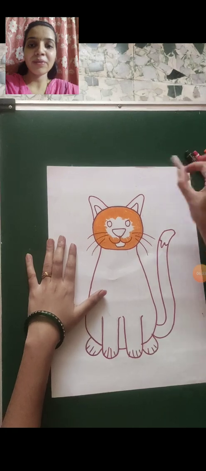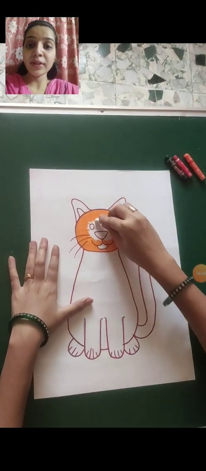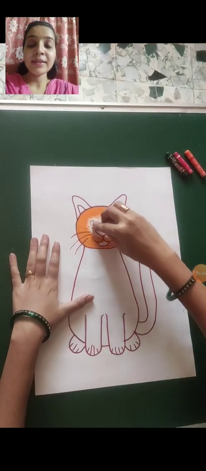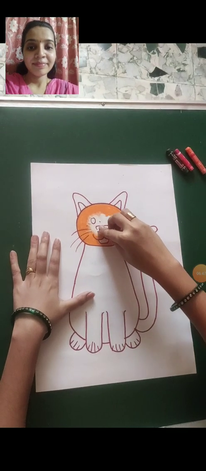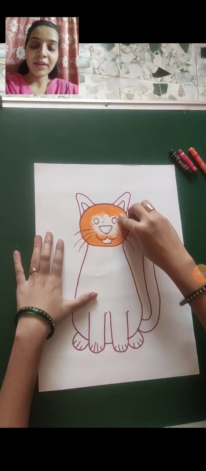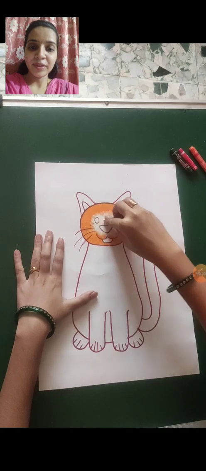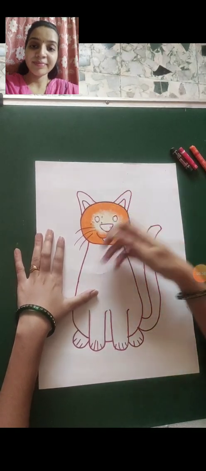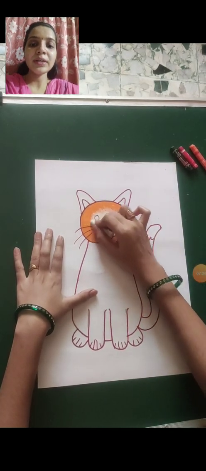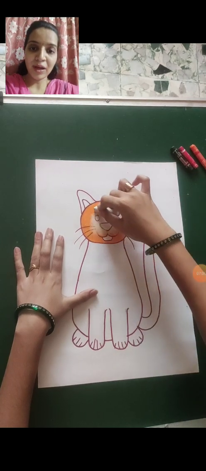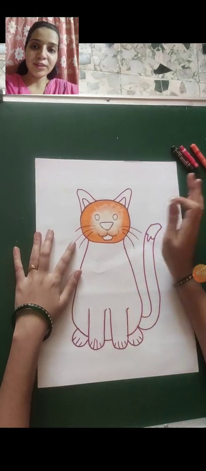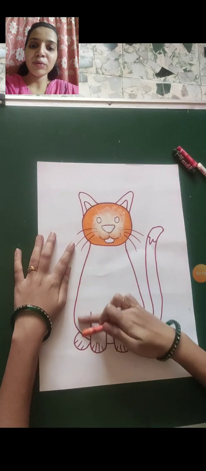This much only. Now take white color and merge it into the orange very properly. Merge it very properly, then only it will look nice. See how I am doing. From all the sides, first merge into the orange, then do the middle part. Don't do inside the nose like this. Merge white color into the orange now. Do a little white on the orange also. How I am doing like this. Okay. So the face is finished.